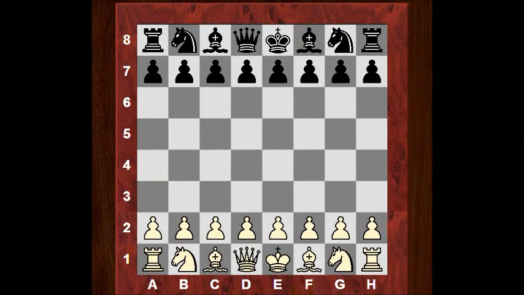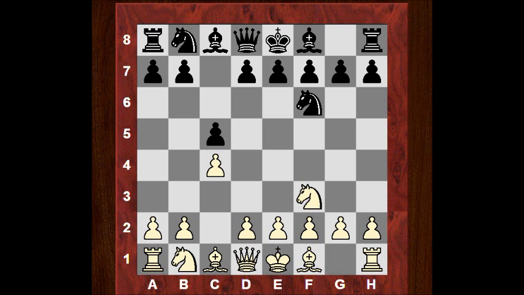Hi all, I thought we could have a look at the very interesting encounter in round 3 between Peter Svidler and Vladimir Kramnik. So let's see what happened. Peter Svidler kicked off with c4, the English opening, and we have asymmetrical English. Vladimir replies c5, and the symmetry continues: knight f3, knight f6, knight c3, knight c6,